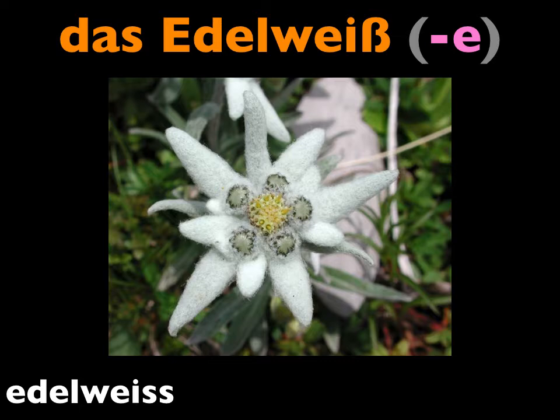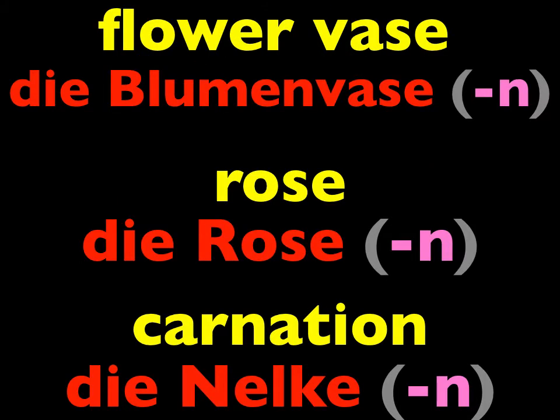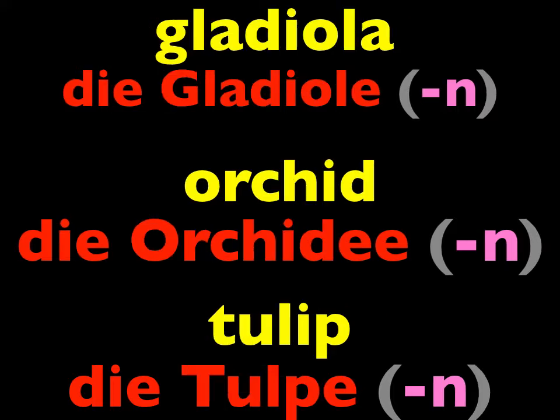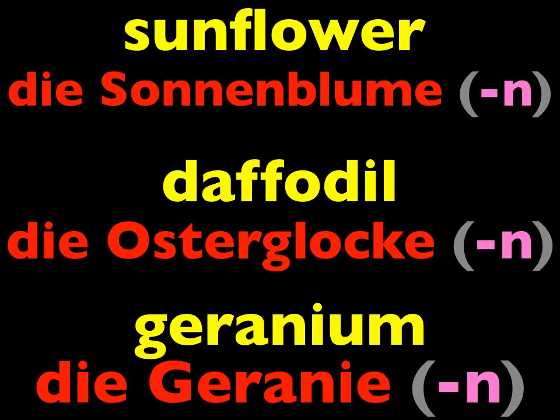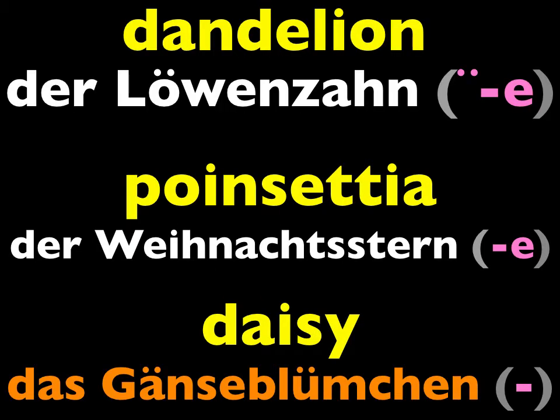Good. Repeat today's vocabulary once more. Die Pflanze. Der Blumentopf. Die Blume. Die Blumenvase. Die Rose. Die Nelke. Die Gladiole, die Orchidee, die Tulpe, die Sonnenblume, die Osterglocke, die Geranie, die Lilie, der Crocus, der Flieder, der Löwenzahn,